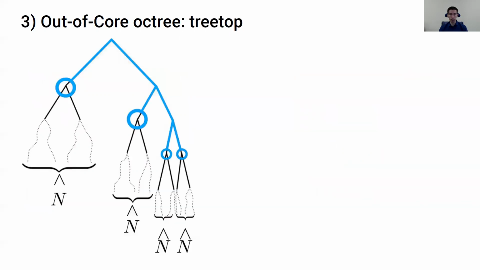Now we need to build some high-level representation of the scene space so that later we can process it in parts. Let us estimate for each node of an octree the number of cubes in its subtree, and then we can select such a treetop that its leaves will contain at most N cubes. N is selected so that each subsequent processing step uses less than 16 gigabytes of RAM.